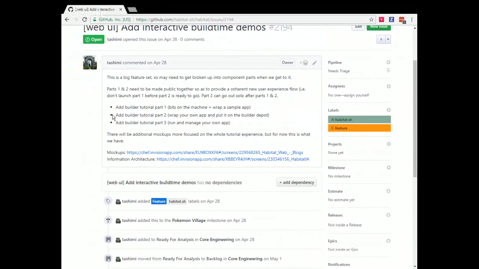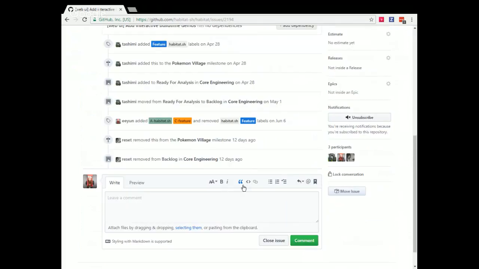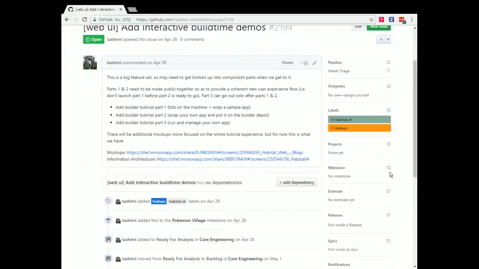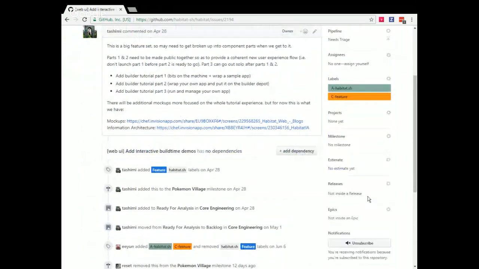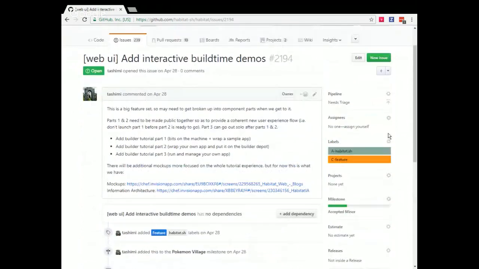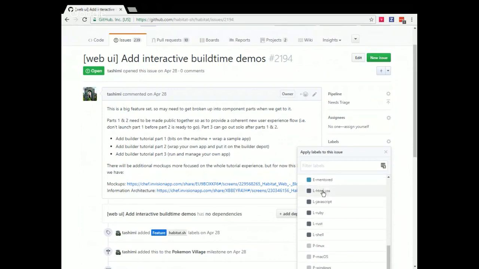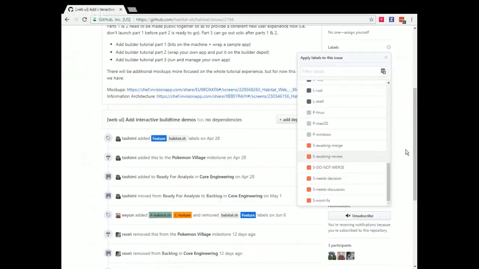Actually, oh, this is the builder tutorial bits. Yep, this is something we're going to do at a certain point. I think that we had conversations about this even as recently as this week. For now, we'll put it in accepted minor because it is something we're going to want to do. And it's going to be something that the core team is going to have to do. Definitely also going to be time consuming, not hard necessarily, but there will be some work involved in that.